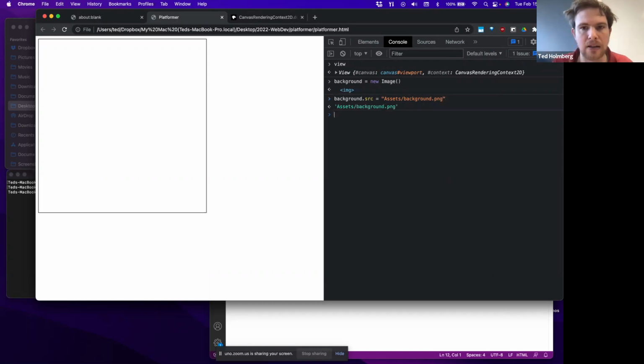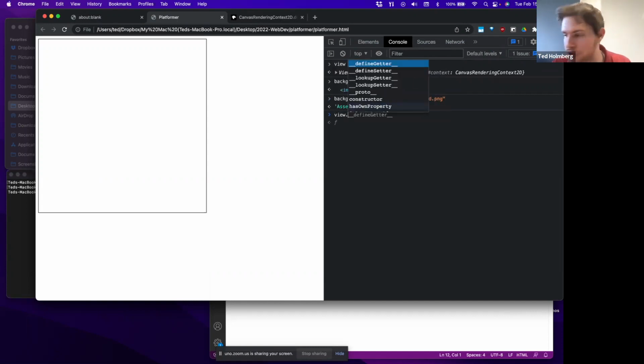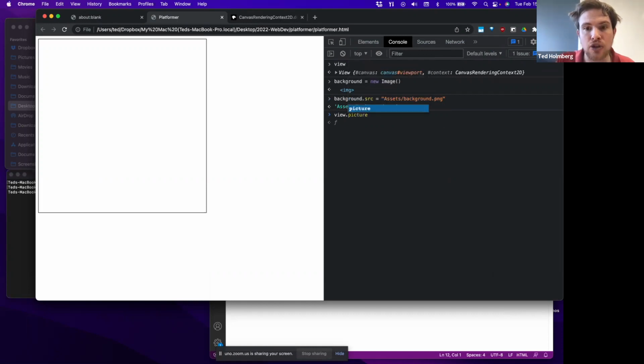Okay, now let me go ahead and set that. And now let's see if I can, from that view variable, access that picture instance method. And remember, the picture instance method required an